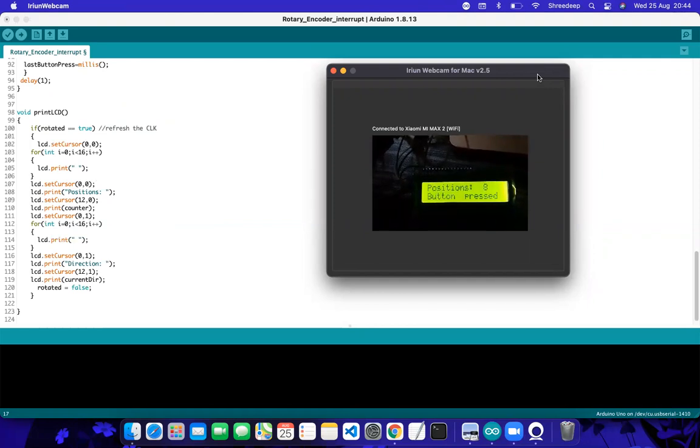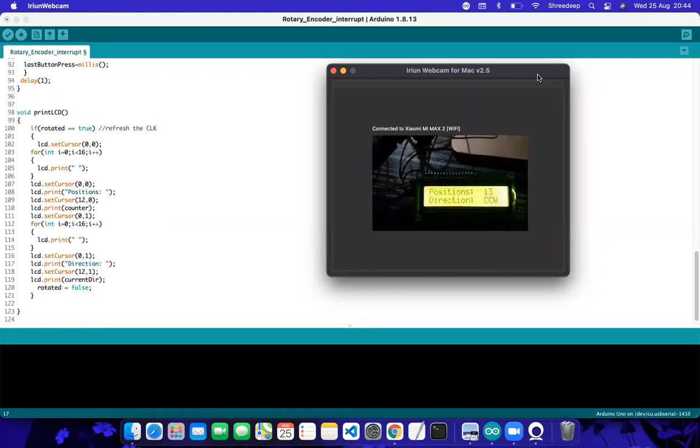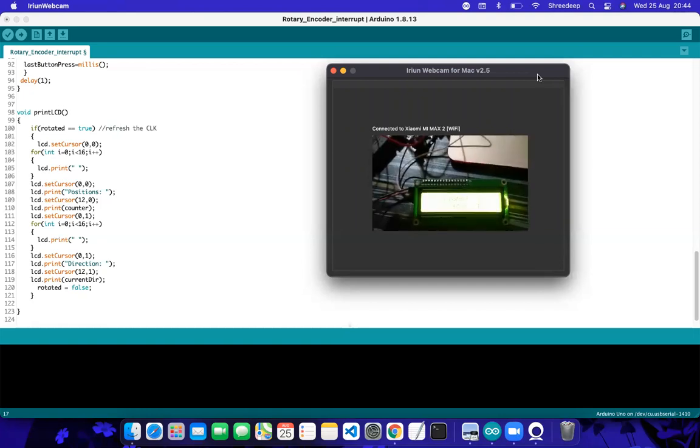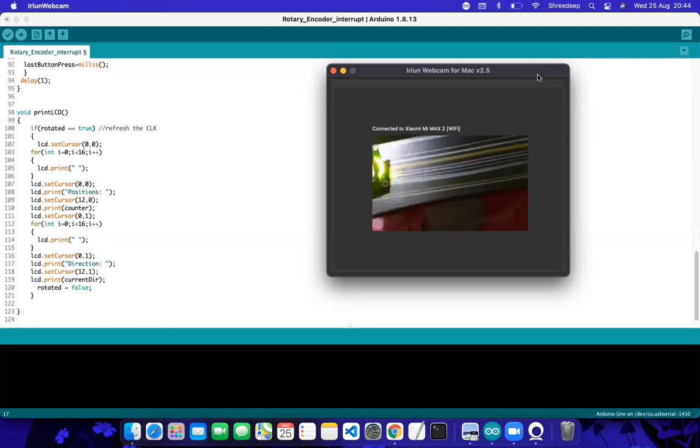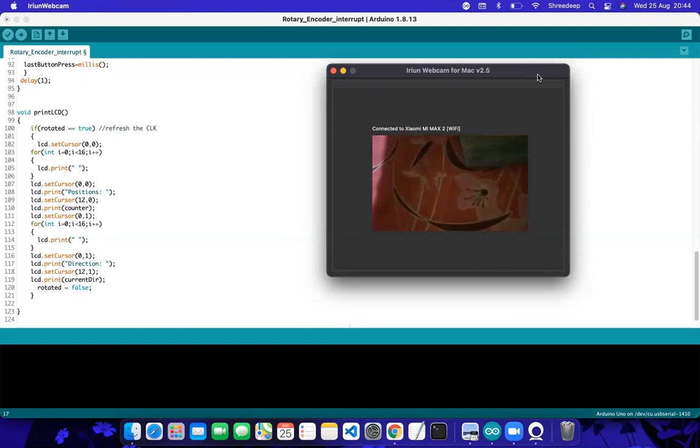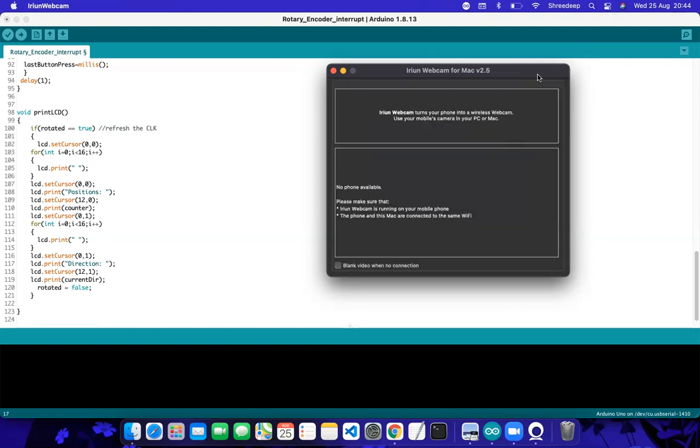Now, are even the positions getting updated, or only this thing? The position word is also getting refreshed. Every time you perform a rotation, it is refreshed. Position and direction, especially position, do not need to be changed, because the position actually remains the same even when you apply the button press option. So we can omit these things also.